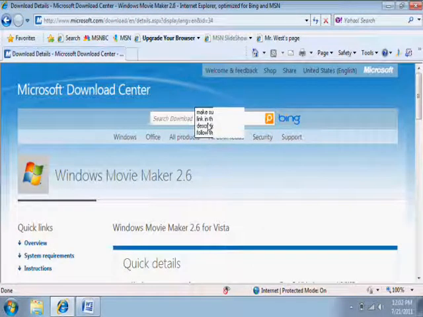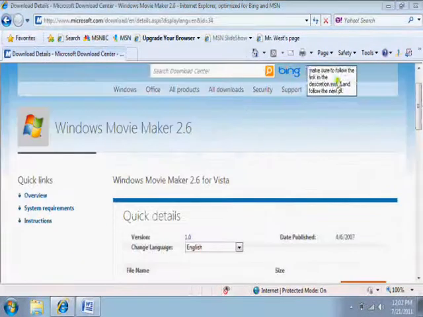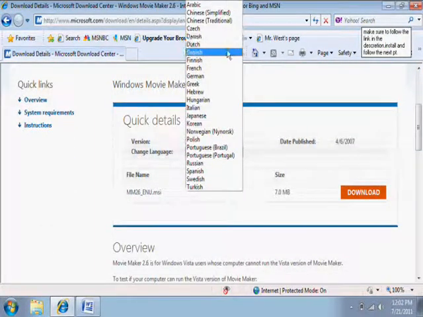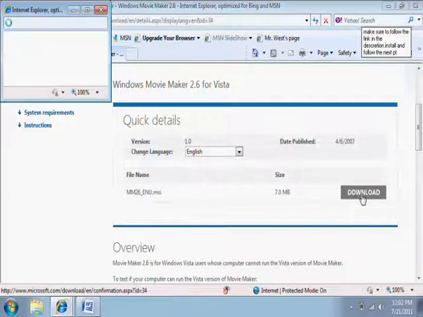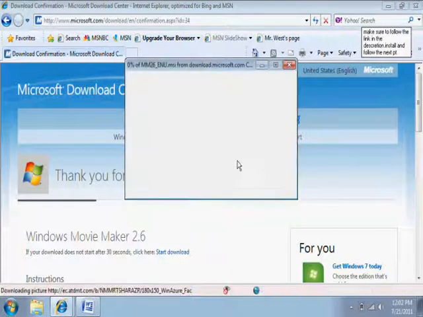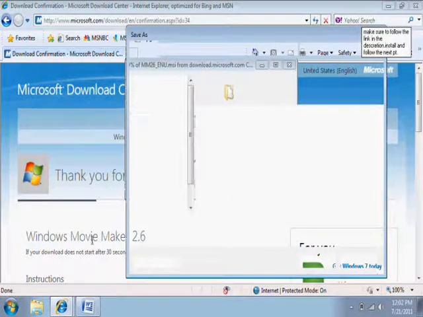Now, go to the website with more in the description. Then soon you'll see a page like this. Now it works for Windows 7, Windows XP. I don't know about Windows XP, but oh my god.